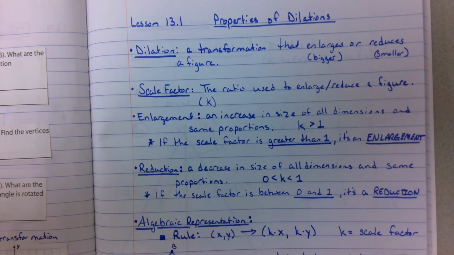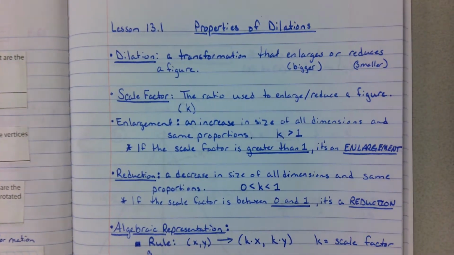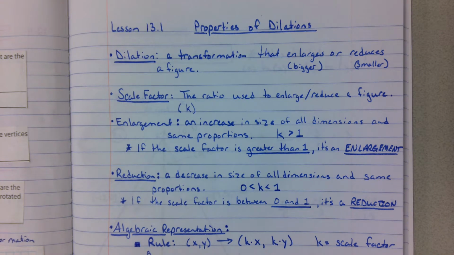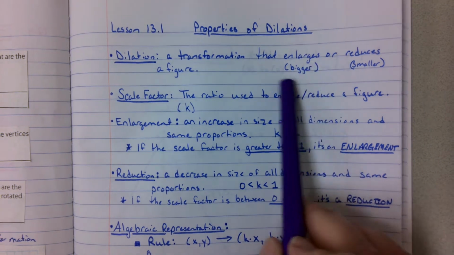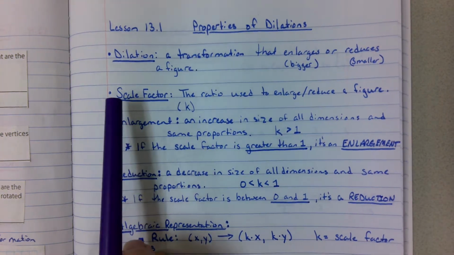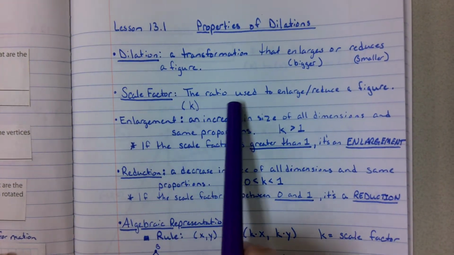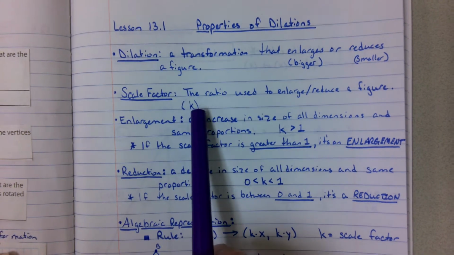All right, everybody, today we're going to look at lesson 13.1, properties of dilations. So first we're going to go over some vocabulary. A dilation is a transformation that enlarges or reduces the size of a figure, so it's either going to get bigger or smaller. The scale factor, that's the ratio that's used to enlarge or reduce the figure, and it's known